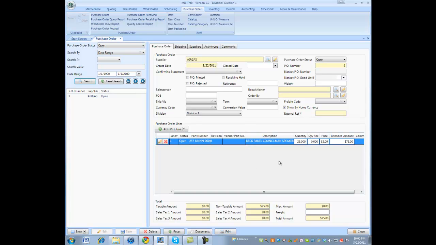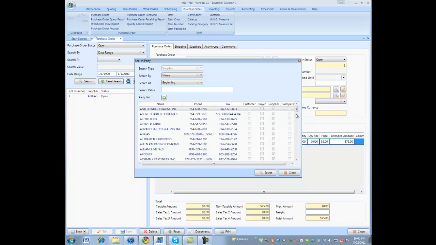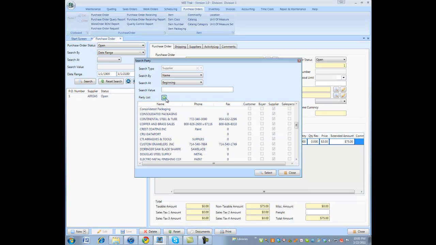I'm going to create a new purchase order by clicking the new button down below. This is a simple purchase order I'm creating where you could first get a list of all your suppliers, and you'd scroll through or type in a value, or you could even hit the plus button to create a new party, new supplier. As I select a supplier,